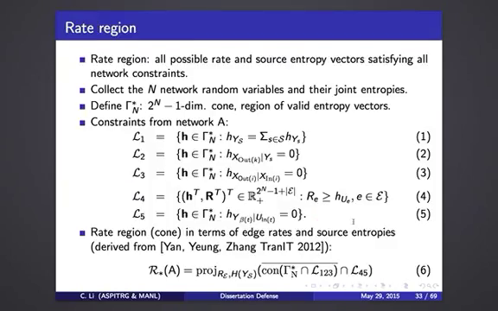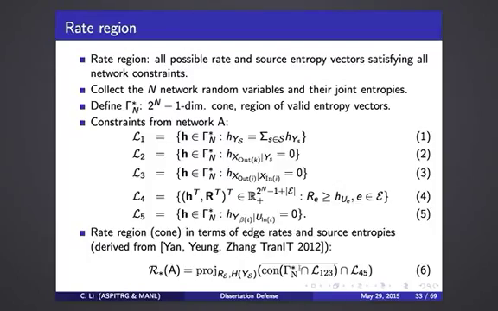So recall that the rate region is a relationship between source entropies and edge capacities. It contains all possible rates and source entropy vectors satisfying all network constraints. It can be expressed using this formula, which is an extension of the formula in the Yan, Yang, Zhang Chuanzai 2012 paper. The difference is we modify the L4 constraint, the edge capacity, a little bit so that the edge capacities are variables now, and we can directly get rate region expressions, while in their paper, the edge capacities are constants. As it shows, this formula involves the gamma n star here,